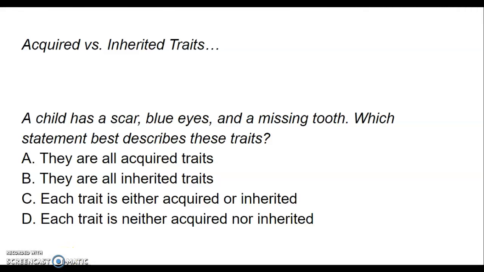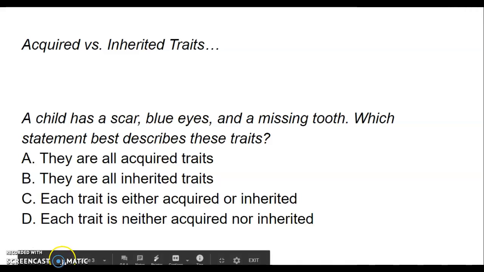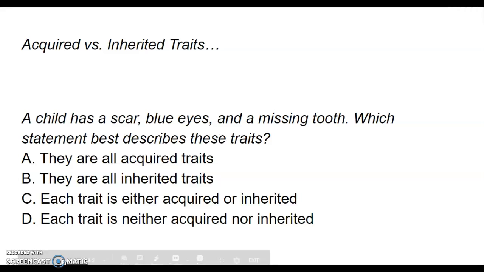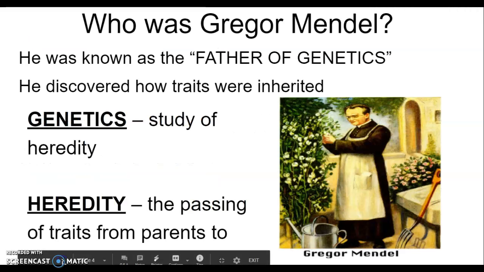As we learn about genetics, you'll hear the terms nature and nurture. Nature is referring to those inherited traits. Nurture is talking about the environment that you may be raised in, or the environmental conditions, if it's a plant, might be the amount of light or the amount of water.